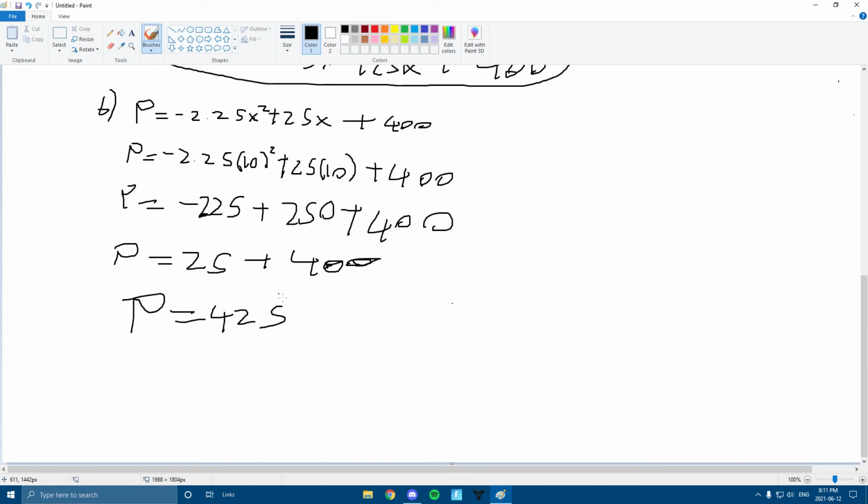And that is the profit that will be made once it increases by 10. So you can write a therefore statement: the profit will be $425